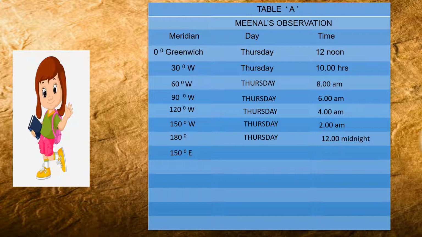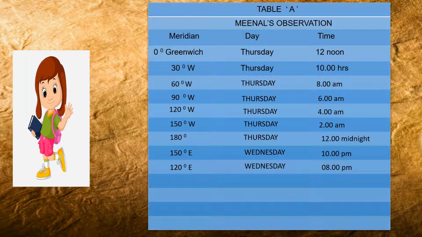So, as she will enter into the 150 degree east meridian, it will be Wednesday and the timing will be 10 o'clock in the night. So again here we are getting 2 hours differences. Similarly here also 120 degree east meridian, again 2 hours differences are there. So day will be the same, that is Wednesday. And now count once again, 10, 9, 8. So here it will be 8 o'clock in the night.